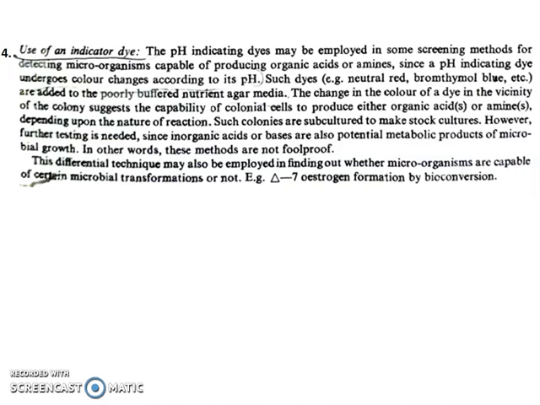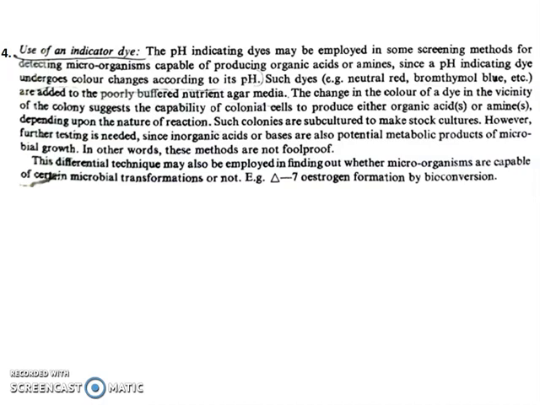What we are doing is adding some dye to the media. For example, they mention neutral red, which is red, and bromothymol blue, which is blue. We can use either type of dye in the media, which is a liquid media, and we inoculate the culture into it. For example, you have obtained some microorganism from primary screening, and you assume that it will produce certain acid or amine. Acid and amine producing microorganisms can be identified with the help of these indicators. So we inoculate that microorganism in the media.